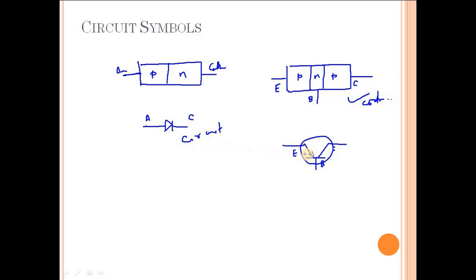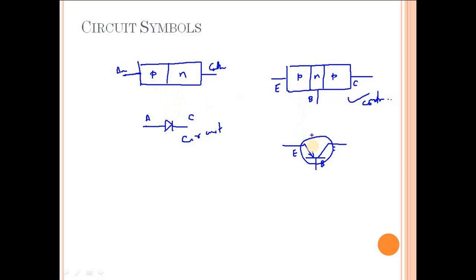You can very much relate the arrow symbol over here in the case of BJT to the significance of the arrow symbol in the case of PN junction diode. In the PN junction diode, the arrow was in the direction of forward current. When does the forward current exist? When the PN junction is forward biased. So the arrow symbolized the direction of forward current when the PN junction was forward biased.